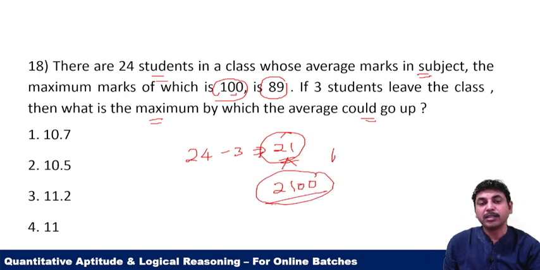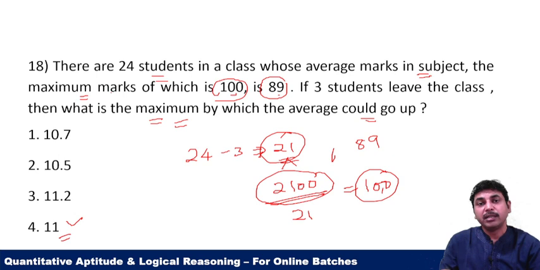सो व्हाट इज द टोटल मार्क्स अर्न बाय देम? 2100 divided by 21, that is 100. Okay, so previously your average was 89, now it is 100, so it has gone up by 11. We have to maximize the average. So मान लेते कि maximum marks earned by all remaining 21 persons is 100. Okay,